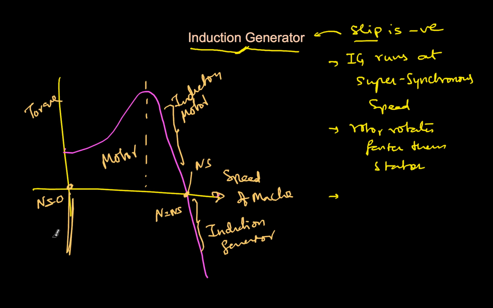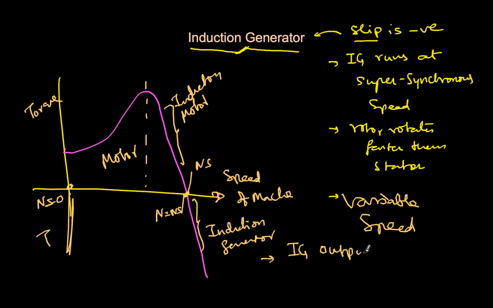And you can notice the torque is negative, or actually it is producing torque. So anyway, I just want to mention that since the feature of variable speed is there with the induction generator, we are using this induction generator which is running at the super synchronous speed. Now the thing is, induction generator